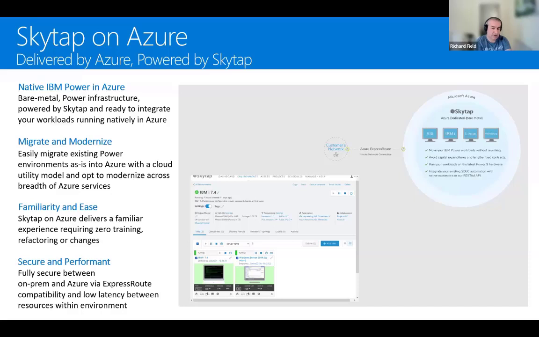So what Michel was showing you was a real-life representation of what you see briefly on the screen here: IBM i running in the Skytap cloud in a local data center close to where he was located. And this is available as a service through the Azure Marketplace. So you can run your IBM i and other applications without change. There's no emulation, there's no refactoring. It runs entirely natively. So if that's of interest to you, then obviously you can contact us at the end, but I just wanted to give a little context as to where this was running and what the capabilities are